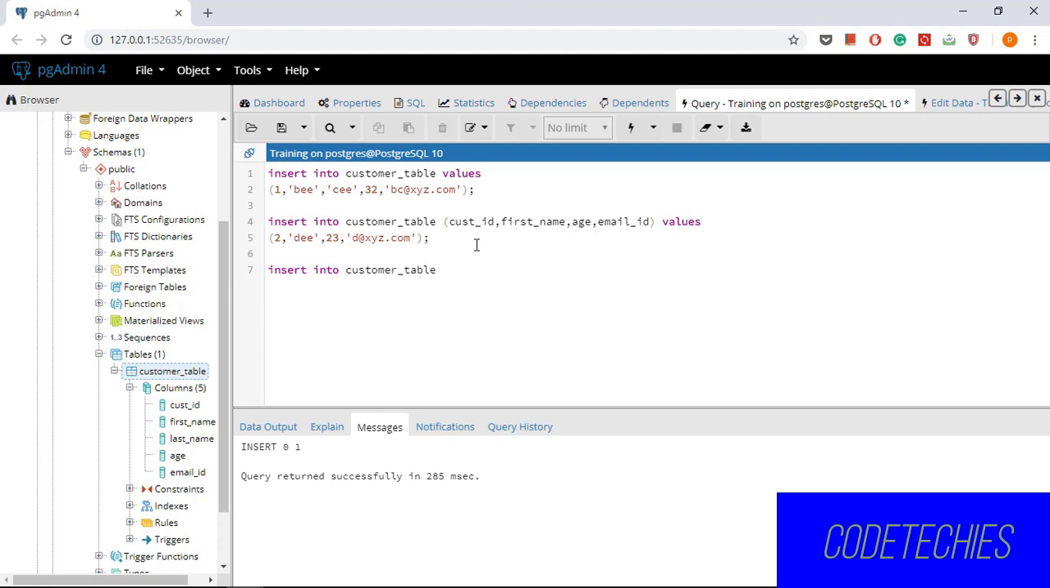You know the syntax. Try to beat me in typing this query. Insert into customer table, values. So this is the first record with ID 3, name E, surname F, age 27, email ID ef@xyz.com, comma,